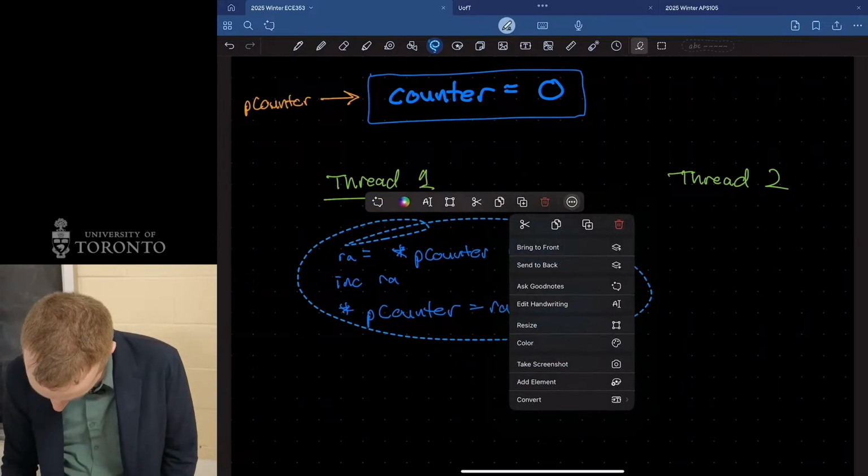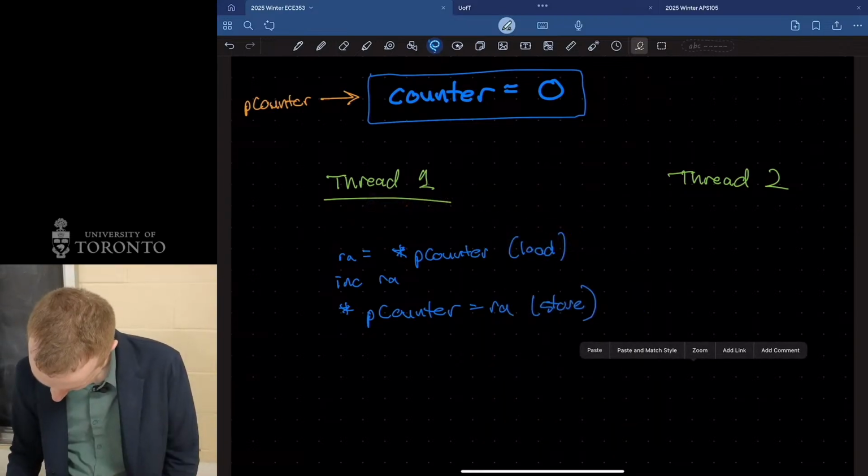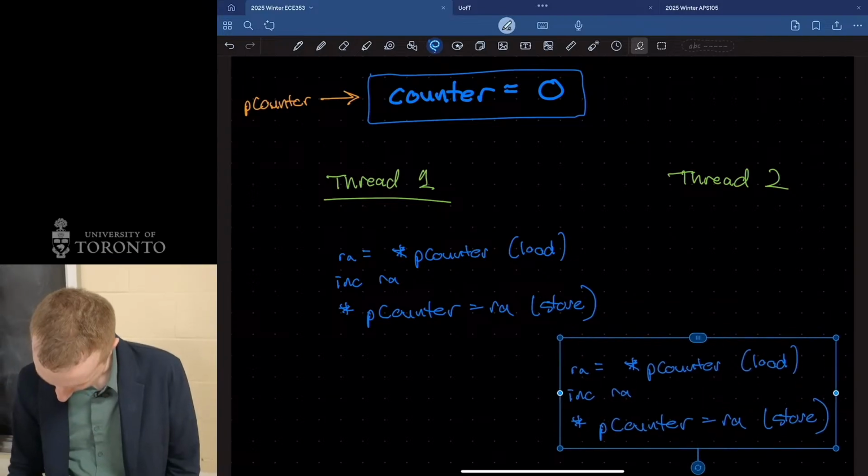What the hell are all these buttons? I just want copy. Go what? Paste. So